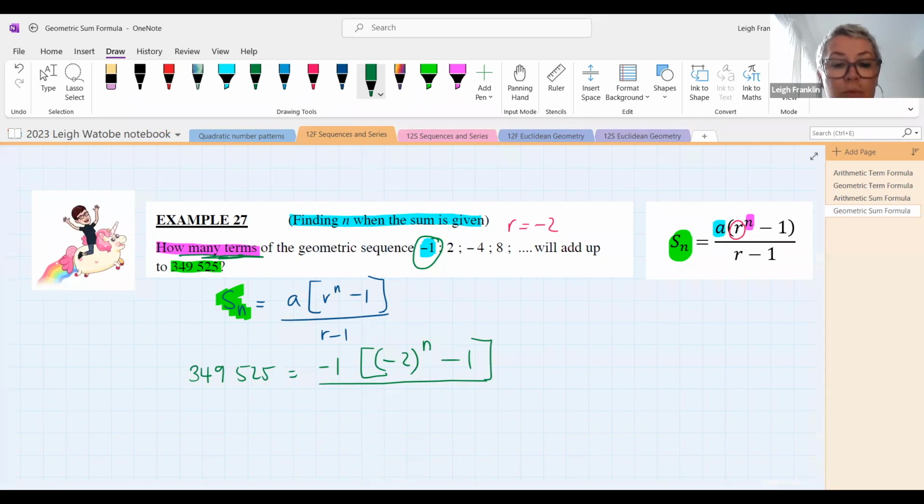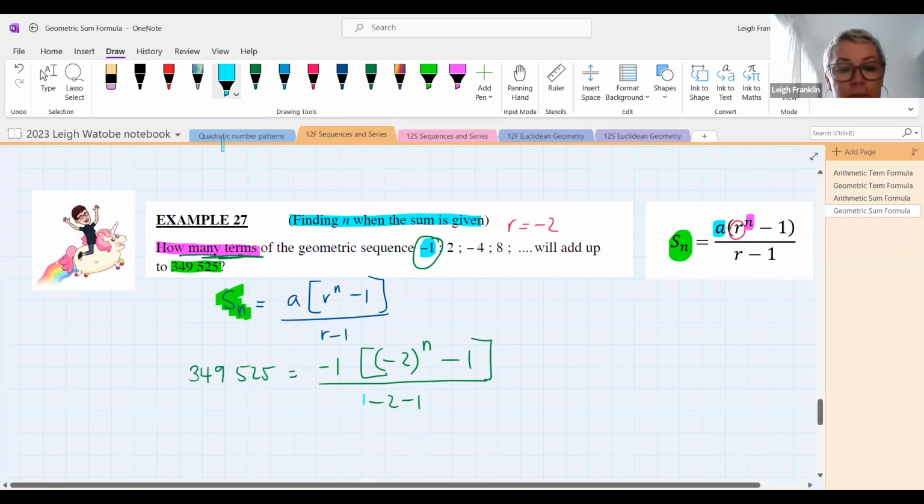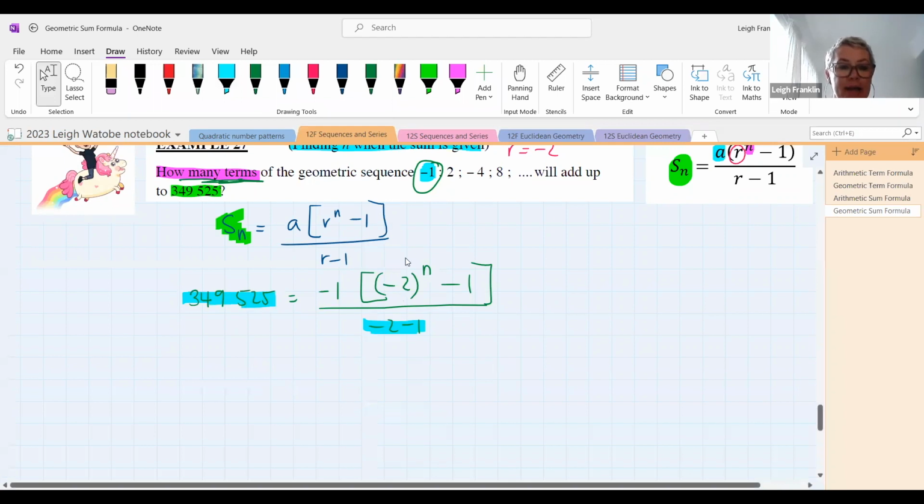So in this case, it would be -2 minus 1. So now I have just subbed into my Sn formula. I want to try and isolate the base. So what I'm going to do is first cross multiply. I'm going to multiply my denominator over here with this number over there. Okay, so I'm going to cross multiply -3